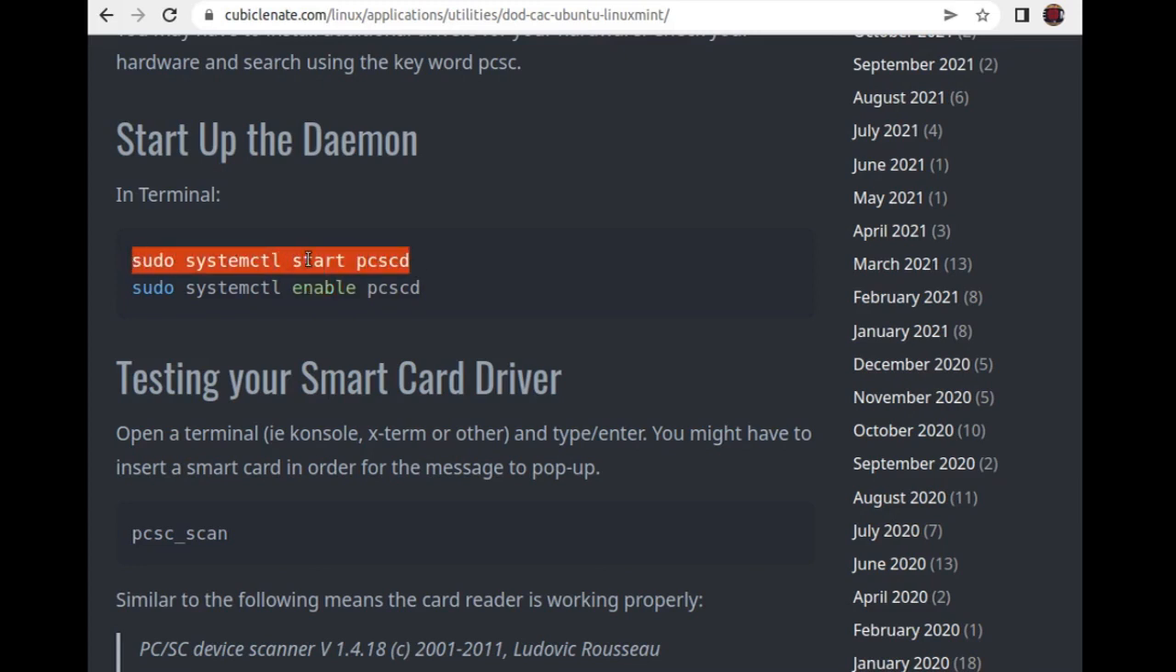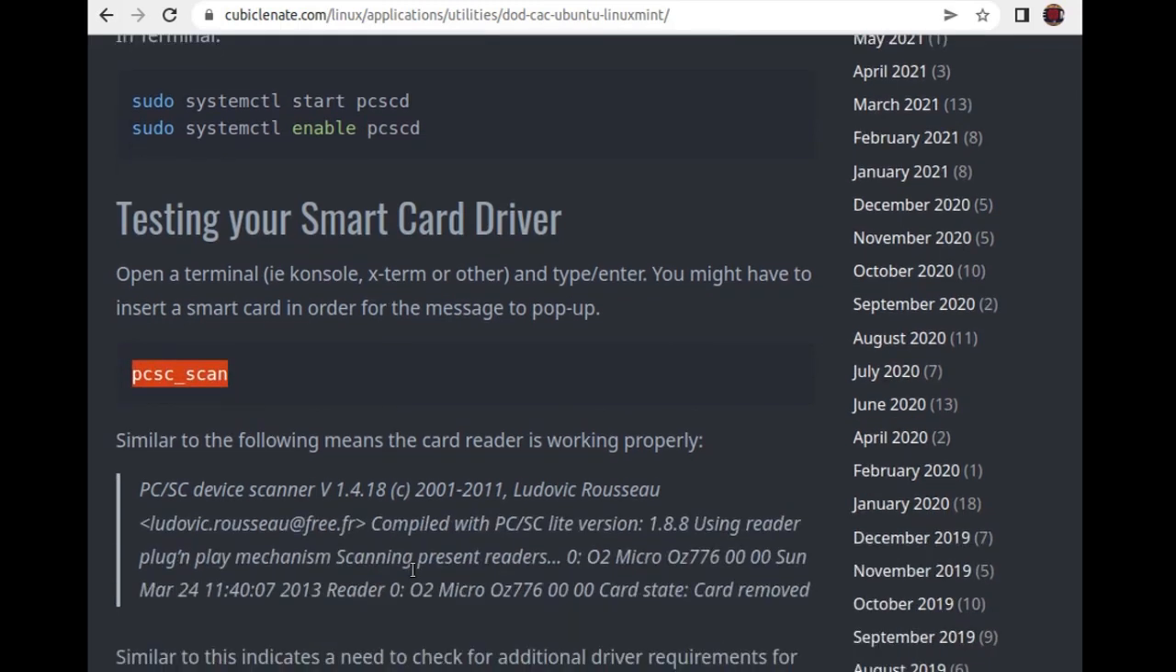But the first time you do this, this is to start it during this session that you're logged in, and then this is so it automatically starts every single time that the computer starts, and that's using systemctl, which is used to start any other daemons. And after that you just type in pcsc_scan. So at this point on, what needs to happen is